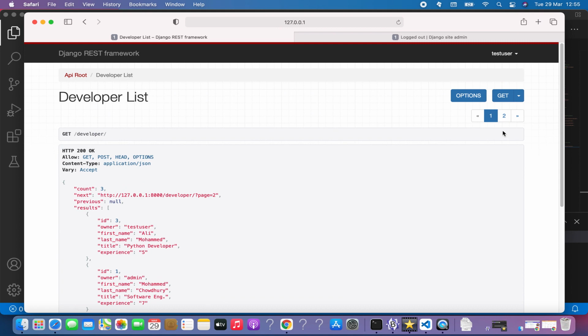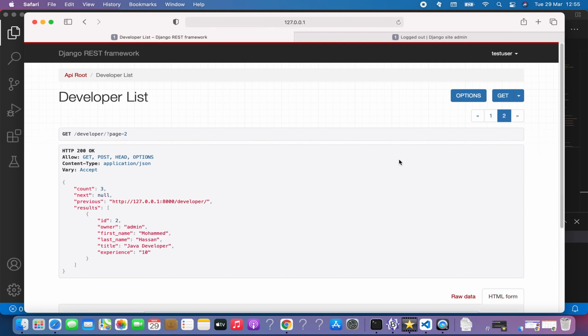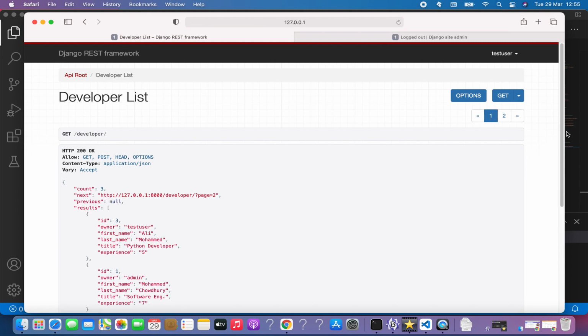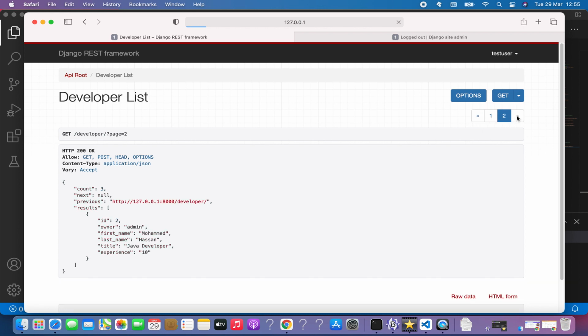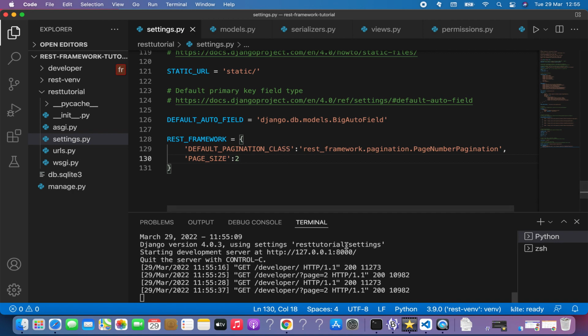Now if you go to page number 2, there's only 1 here, 3 here, 2 here. It depends on how many developers you want to see. This is just one piece of code, whereas implementing it otherwise is quite a lengthy process,